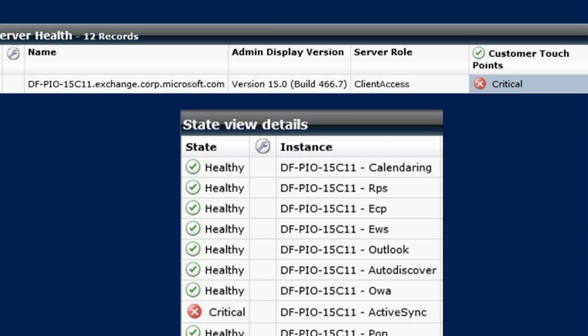And if we double-click critical, then we get this whole state view table that you see here, and that exposes each of the individual components for that particular health set. So you can see its calendaring is fine, remote PowerShell's fine, ECP is fine, web services all good, Outlook autodiscover all good, but boom, you get to ActiveSync, and ActiveSync is marked critical. And because ActiveSync right now is having some sort of problem and is in a critical state, that means the health set for the entire server is going to be in a critical state